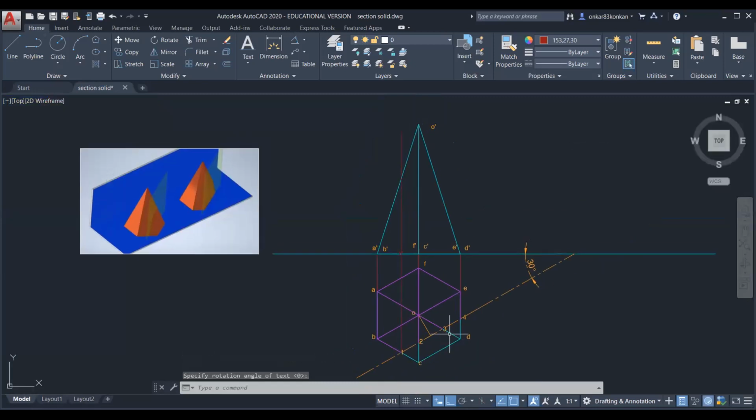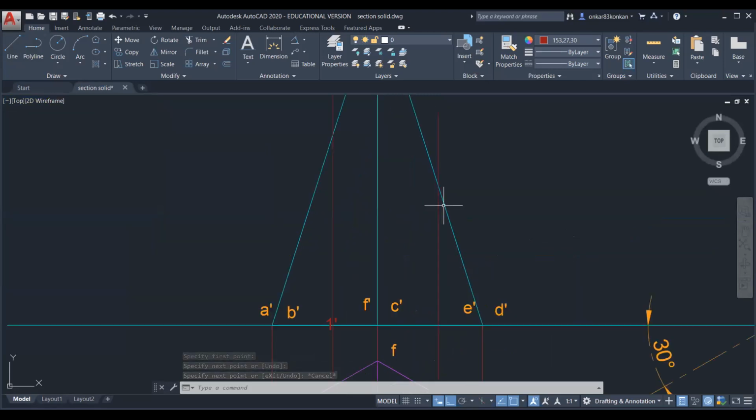Now next project point 3. Point 3 is on the slant edge OD. So this is O dash D dash. This intersection is the point 3. So this is 3 dash point.